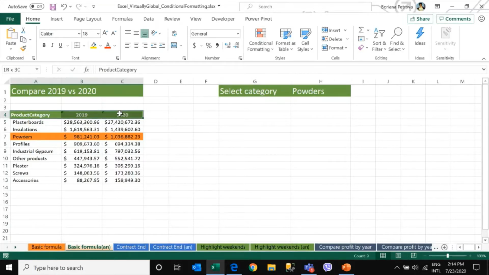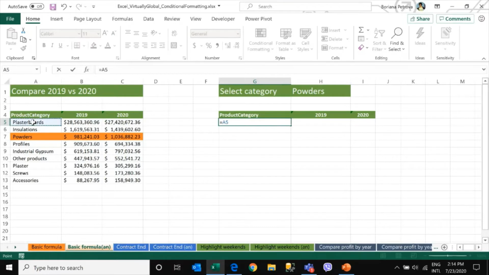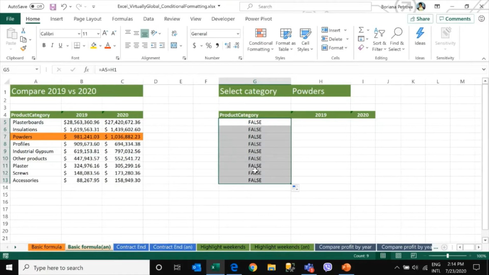So I will follow the same steps that was something like basic rows. First of all, I just want to copy the headers, paste it in the separate formula, and create a super simple formula that says, okay, is this category equal to the selected one? Press enter and copy down. So the first problem is that every cell here presents false because we have not locked the